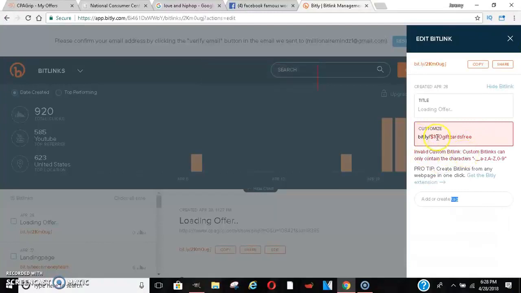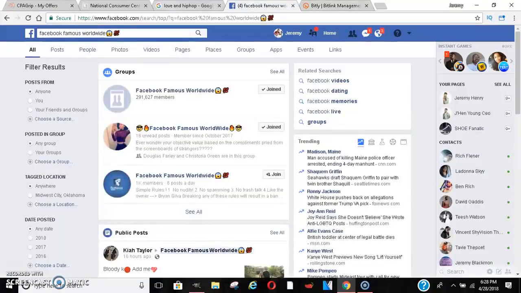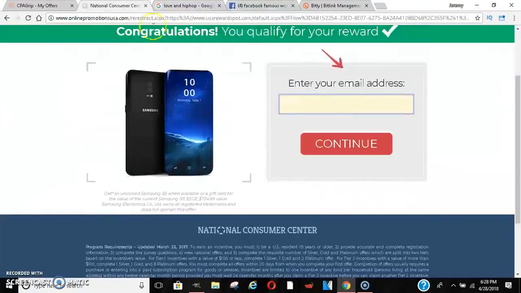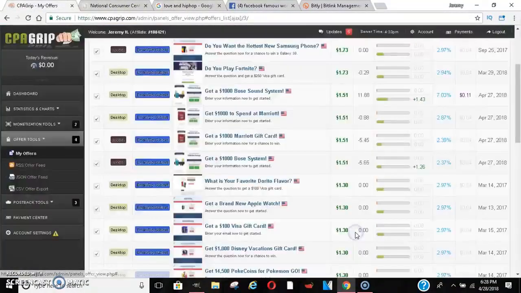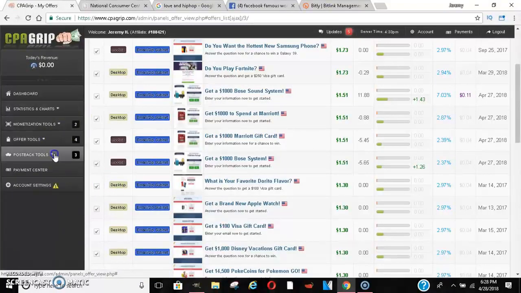okay, it says invalid. But once you guys save this link, you would copy it, paste it inside the Facebook post that's going viral. People are gonna click it, go through the process of submitting, and then you're gonna get, you know, however many dollars or whatever per person. All right, that's a way you can make a killing with this. But one of the main reasons I wanted to show you guys was this. It's called content locking. All right, this is one of the main reasons I wanted to get to this.